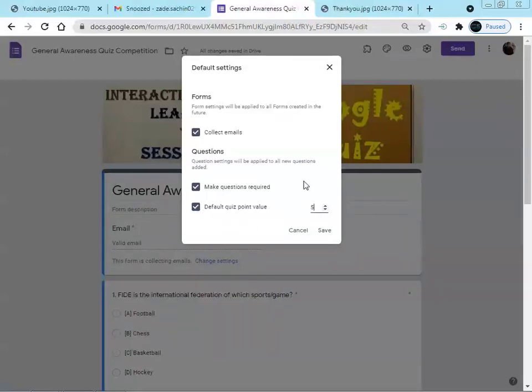And each question must be mandatory for the participant to attempt it. So we are making this check in make question required, and we are also going to collect the email addresses. After making these changes, just click on the save option.